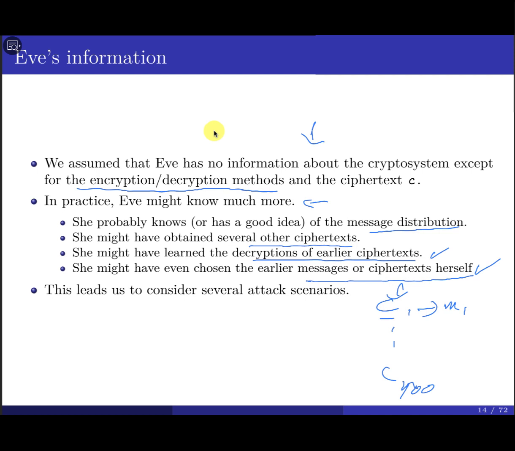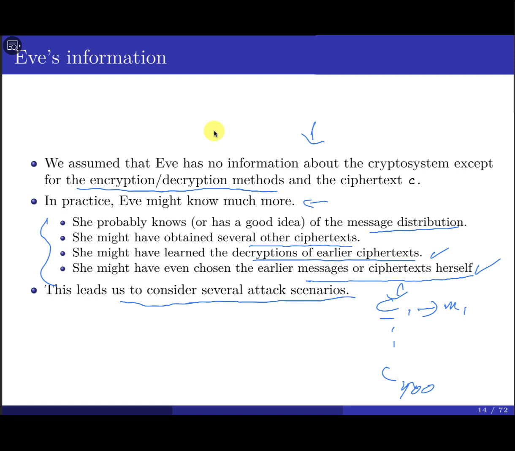This is what we're going to take a look at here. By the way, we didn't say anything about whether Eve is a legitimate user or not. It might be someone here working with the IIT, and this guy tries to crack the system, or tries to figure out what other employees are communicating with each other. So it looks like we need to consider several attack scenarios in which Eve has an extra piece of information, and we need to define these different attack scenarios. Then when you build your encryption scheme, you try to make sure that it can withstand these attack scenarios, etc.